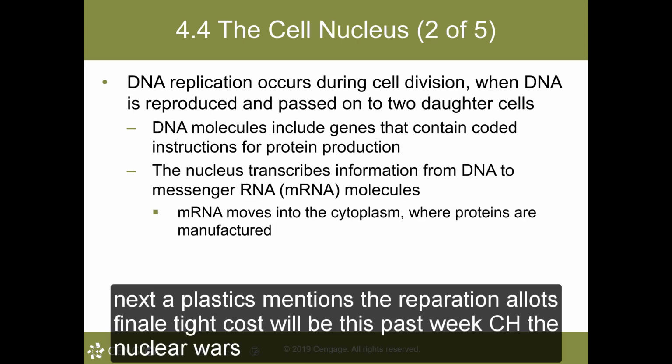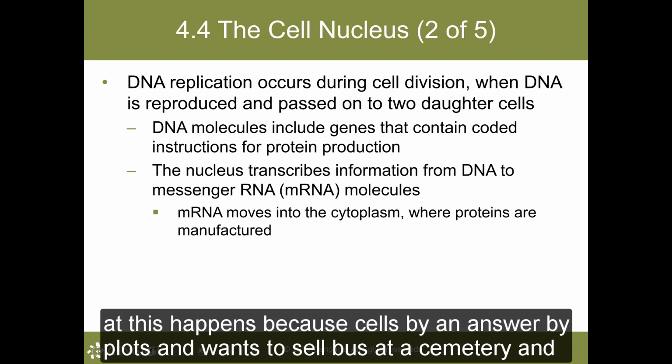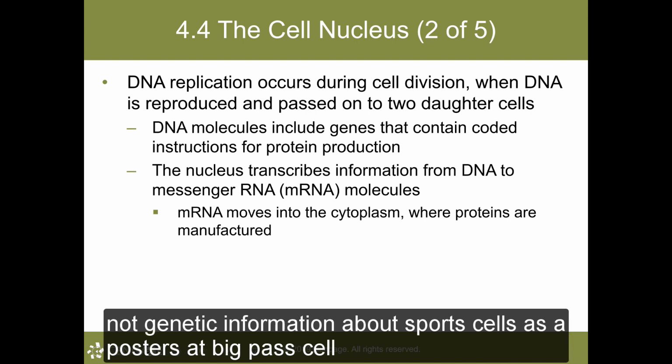Next up, class, it just mentions DNA replication. I will spend hardly any time here because we'll get to this, class, in a later chapter. But DNA replication happens by way of replication, and this happens because cells divide. And as cells divide, class, going from one cell to 2 cells, you must have, I would say, enough genetic information, class, for 2 cells, as opposed to just having the DNA, class, in one cell.